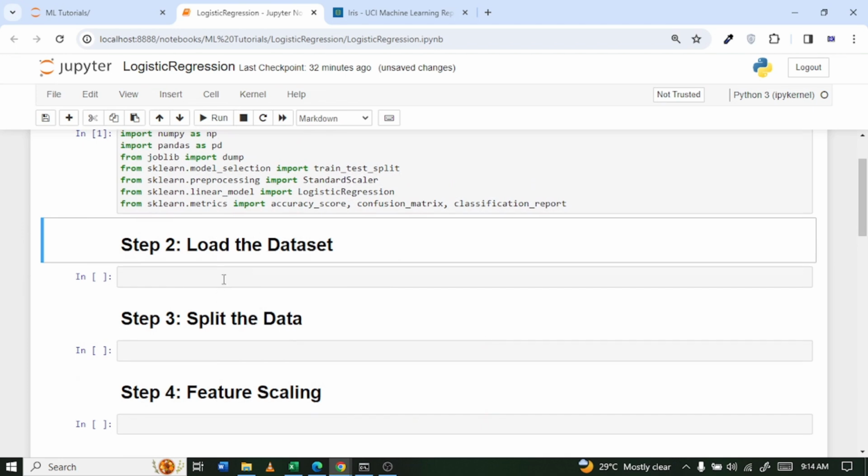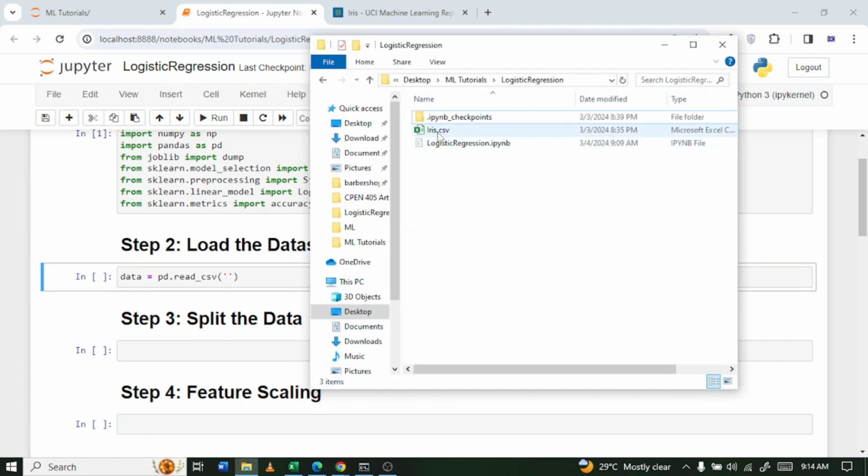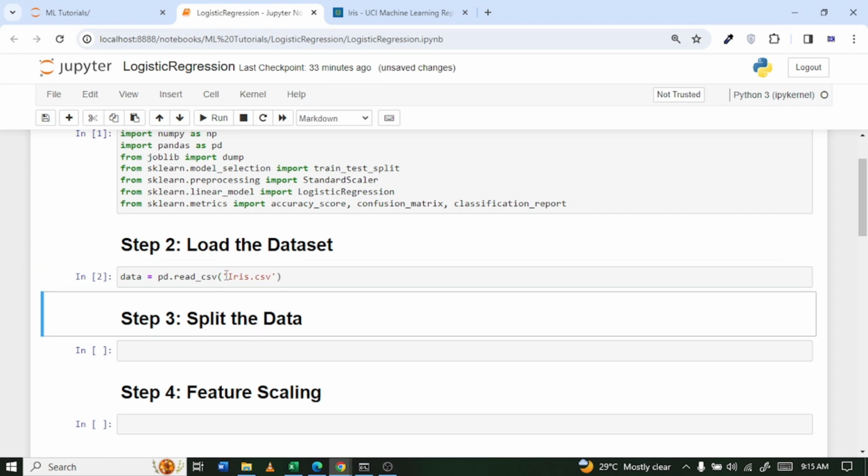And then the next thing we are supposed to do is load our data set. Okay. So we are just going to create a variable called data. And inside it, we are going to say pd.read. Okay, so you can just click on the tab to get all the functions you can call. So we are going to use read_csv, okay, because it's a csv file and we are supposed to pass in the name of our file, so our data set. So when you come here, you can just copy the whole thing and paste it right here. And once you run it,